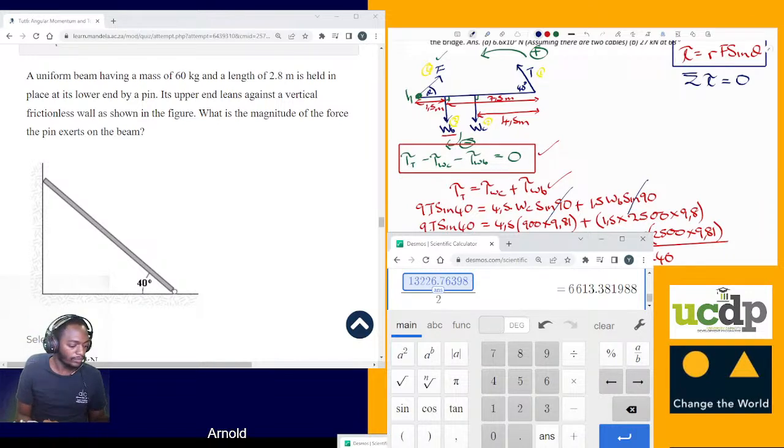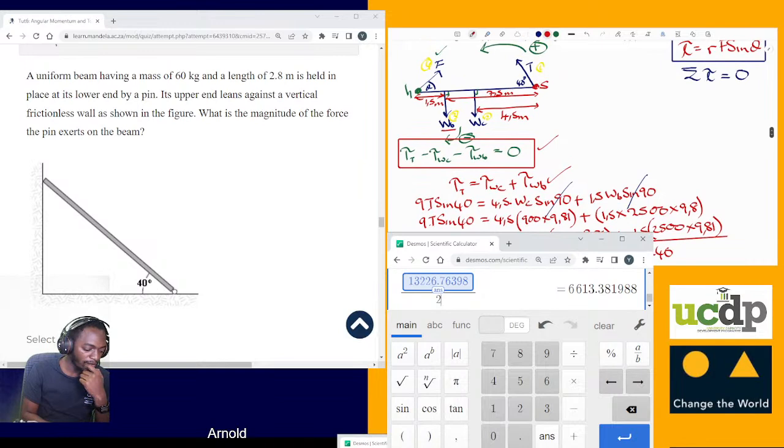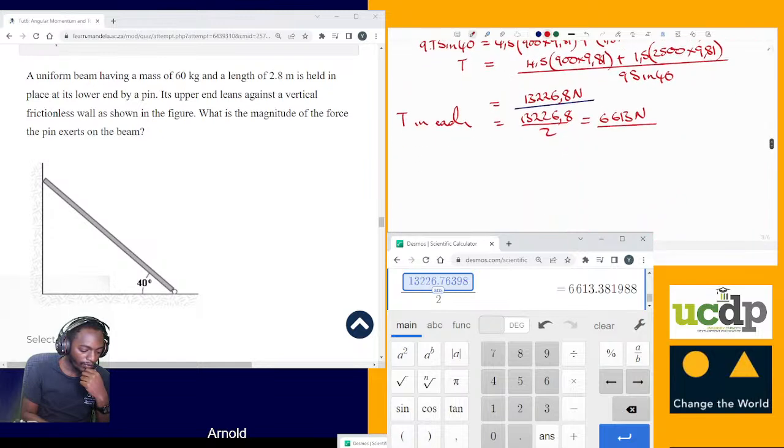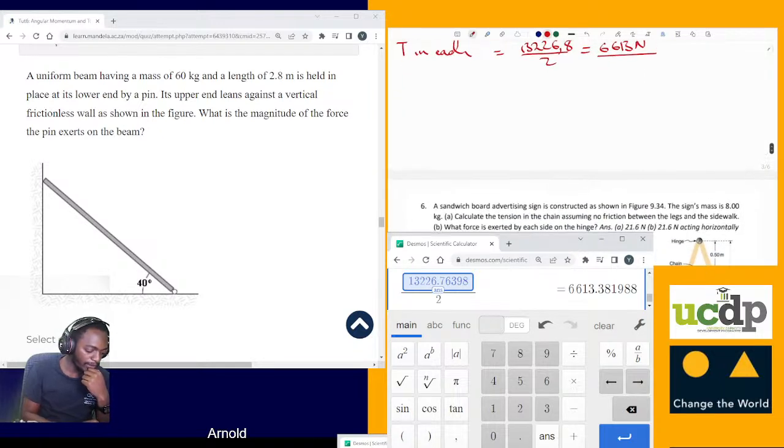Okay, but now if we had the angle theta, we could have taken moments about this point, but now we do not have that. We have two unknowns. We've got the unknown force and we've got the unknown angle. So probably the best way we could do it would be to